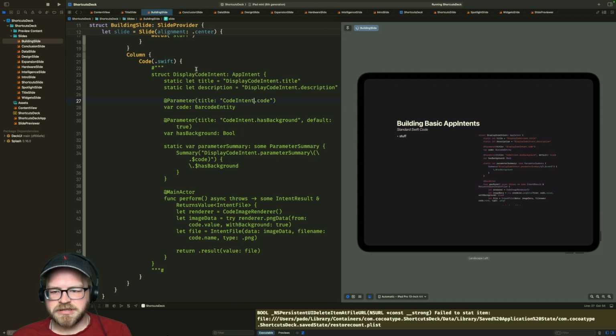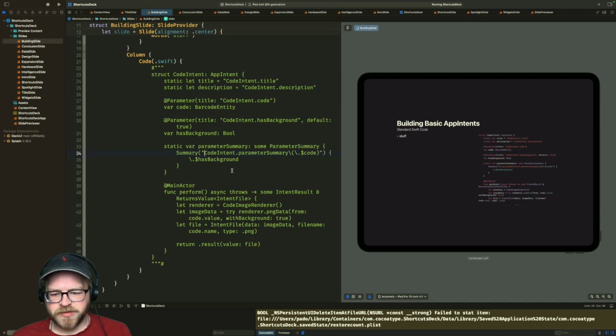Yeah, we're just going to call this code intent, and then we don't have to worry about this. You just do. There, that makes things shorter. Perfect. Just everywhere that we have the word display, get rid of it. It's still way too long, but maybe if we do that, it'll be fine.